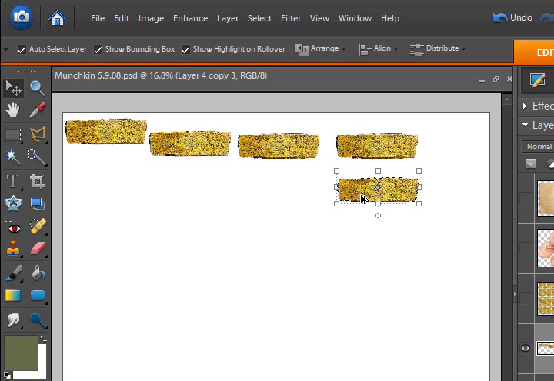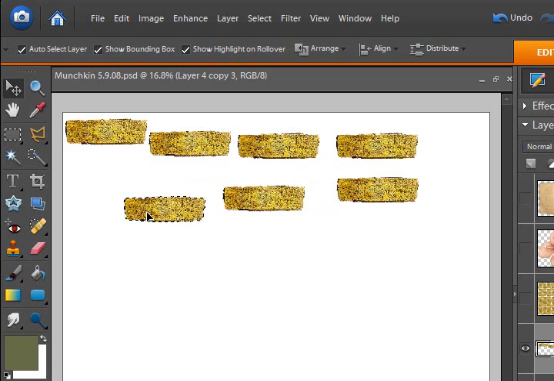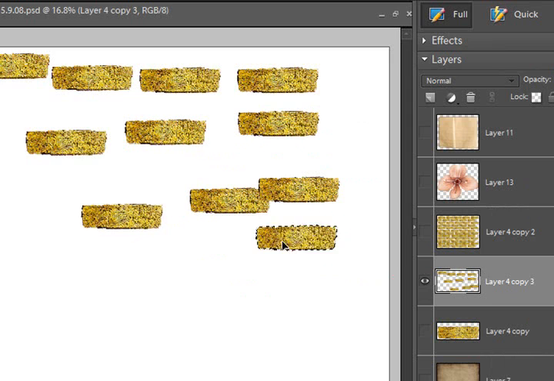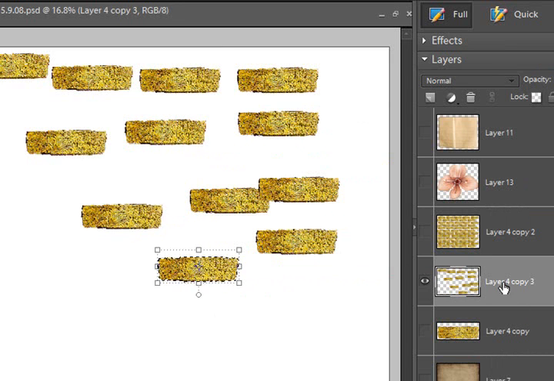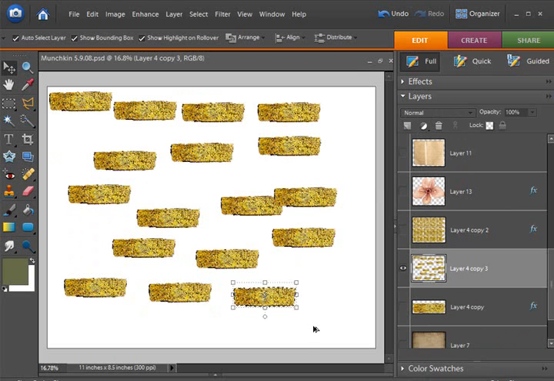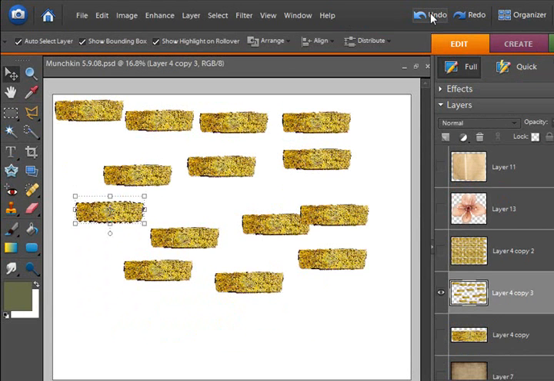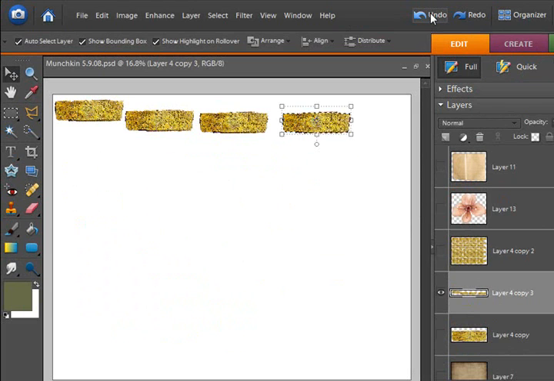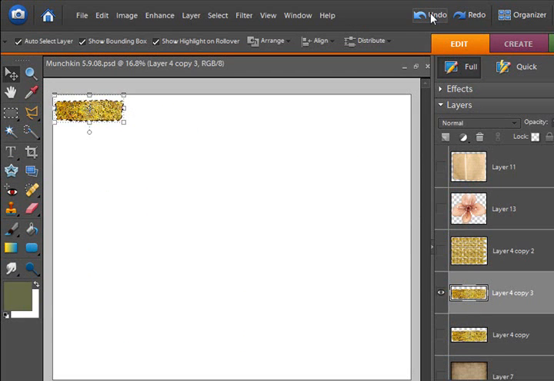And so you can see I can randomly put these wherever I want all over my page fairly quickly. And you can see they're all now staying on the same layer. So this is one way that you can quickly create and repeat elements. I'm going to hit this back button a whole bunch of times to get rid of all of those, because now I want to show you something else